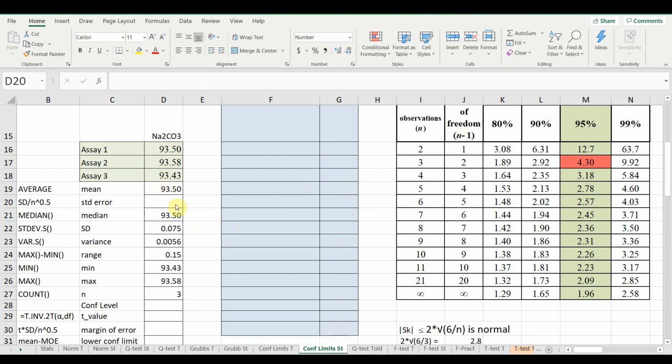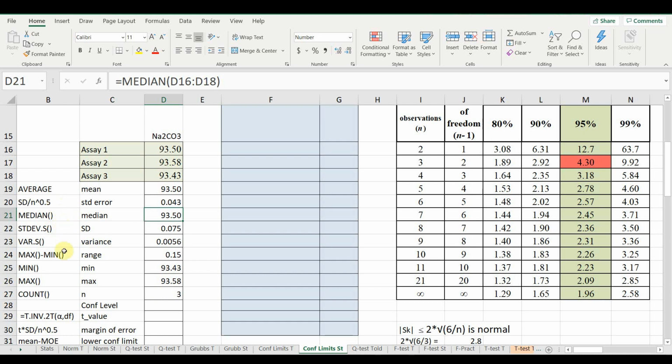We can get the standard error. It's simply the standard deviation divided by the square root of the number of samples. That'll be equal to cell D22 divided by SQRT, tab. Number of samples here is the count. That's 3. D27. 0.043 is the standard error. So the standard error is, of course, less than the standard deviation because you divide by the square root of